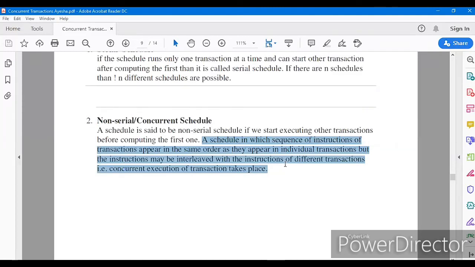So I can take one student at a time. If I take one student at a time for consent signing, and suppose there are 10 students, and I give 10 minutes each, then 10 into 10 time would be required. But what I can do is pipelining. How will I do pipelining?